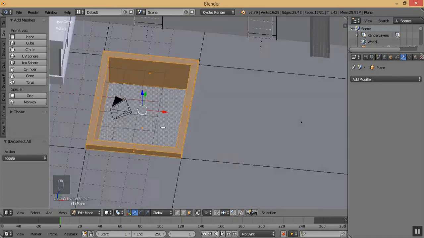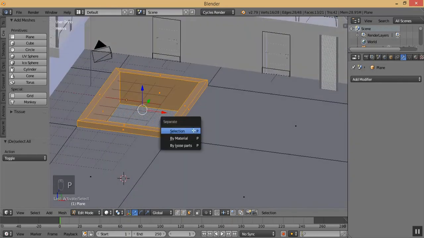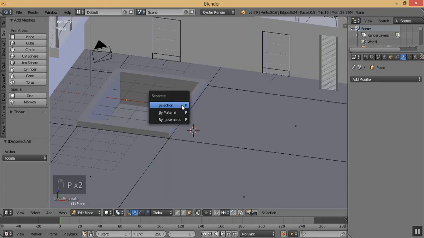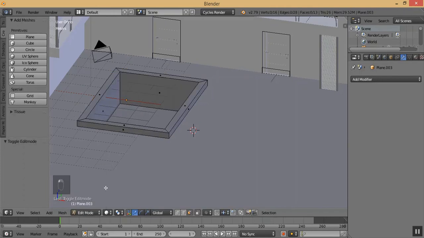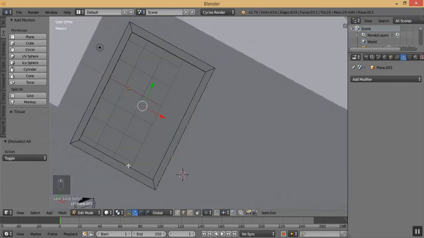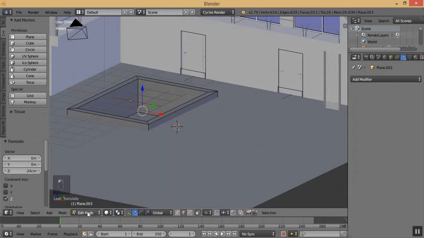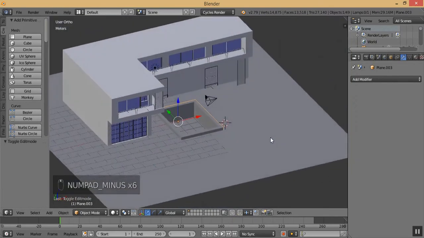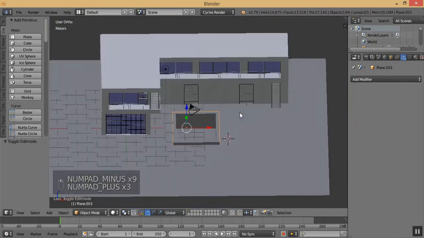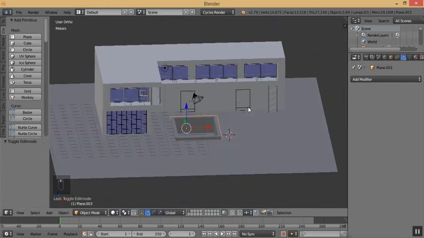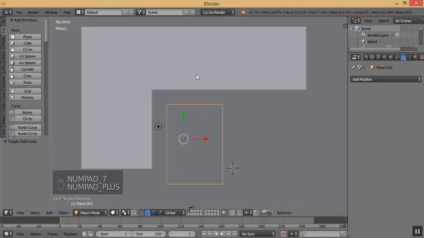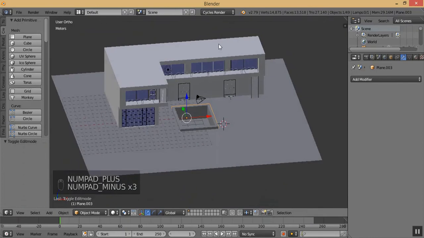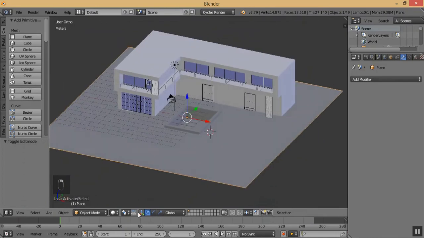Shift. Now press B selection and come to object. Press B and then click on selection. Come to object mode, select this one and then come to edit mode. Click on this and while holding Alt, click on like this and move them down and come to object mode. Now like this, come to edit mode,